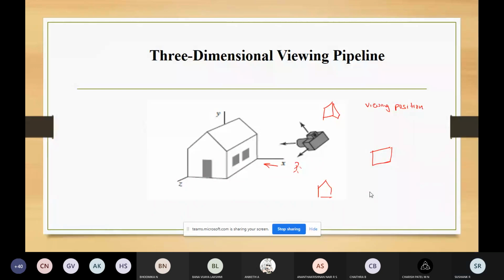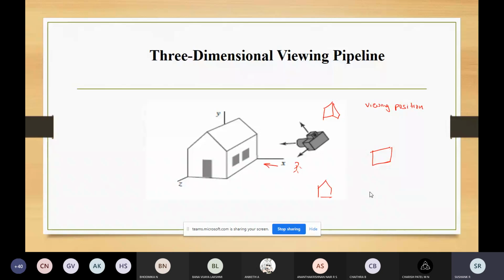So here, the same thing can be used, but when it comes to this 3D viewing pipeline, we have some flexibility for getting the view of a scene by using a computer graphics program compared with a real camera, because we can decide whether we want to use parallel projection or perspective projection, and also we can remove some part of the scene which is not in our line of sight.